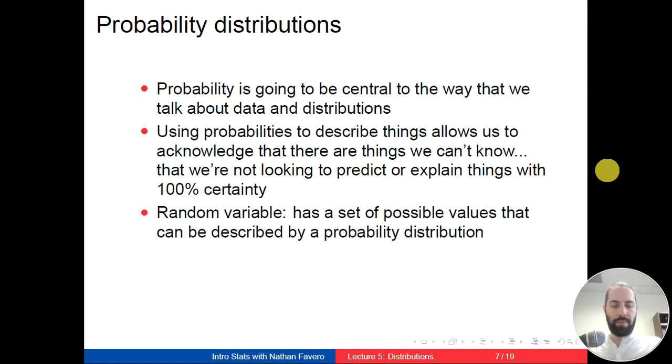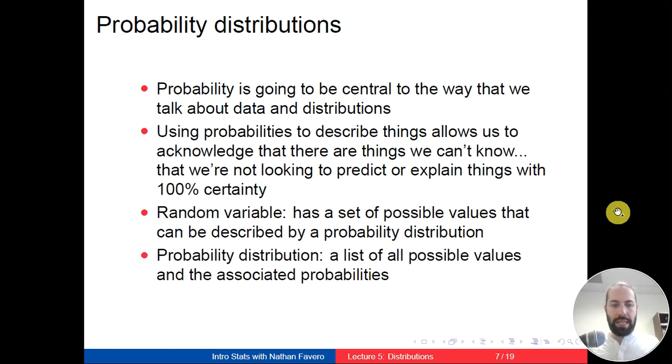In probability theory, there's this idea of a random variable. A random variable means that we have some variable with a set of possible values that can be described by a probability distribution. So this is different than how we've mostly been using the term variable in the past, right? Usually a variable refers to a column of data in a data set. But a random variable just means that we have some bucket, some theoretical variable that has not been filled in yet with particular values. We're saying that there's many possible values that could come in and fill in what that variable is equal to. And we'll have some examples in just a moment.